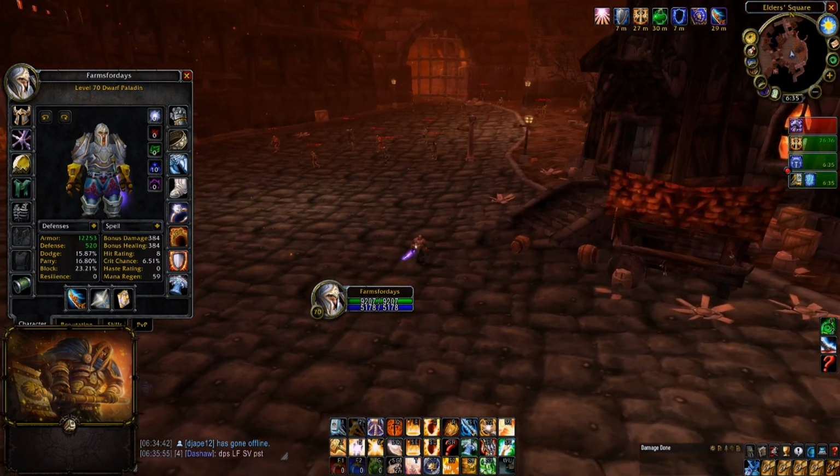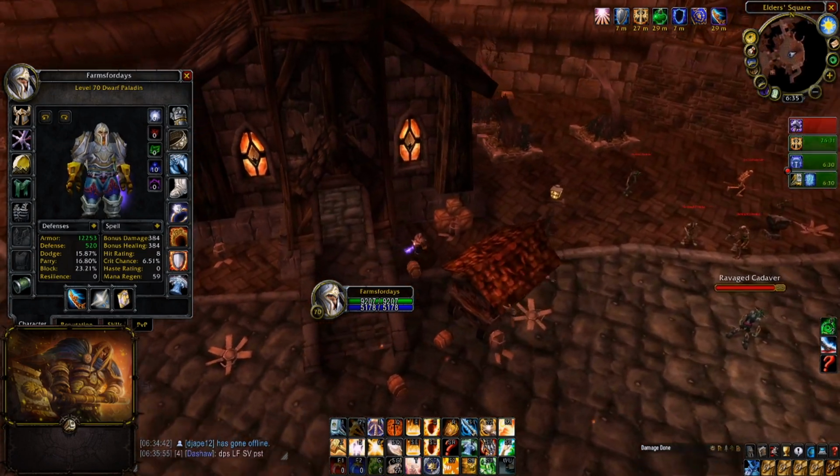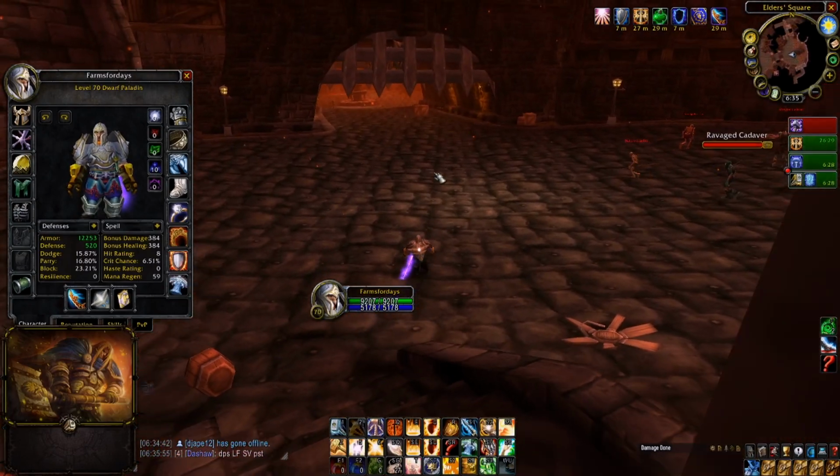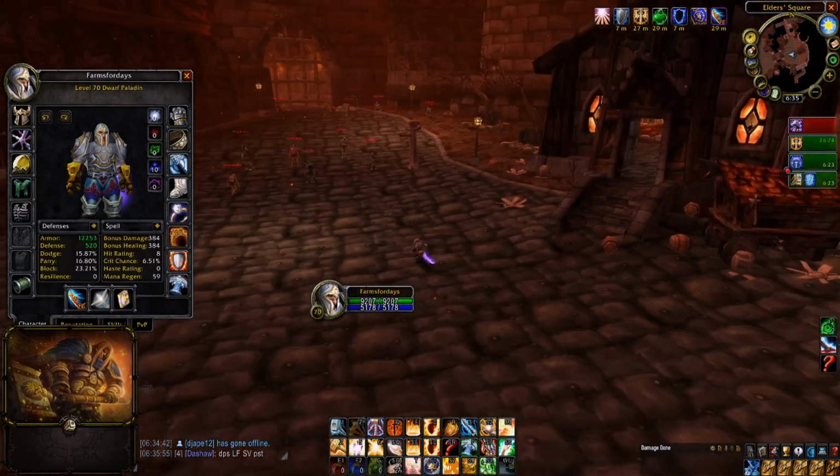Normally you'll see Paladins that are fresh. They have starter gear. Maybe it's a Pally alt. They're doing Stratholme in 3 pulls. You're able to do 5 runs an hour with that, but this is my second Paladin, and so while I